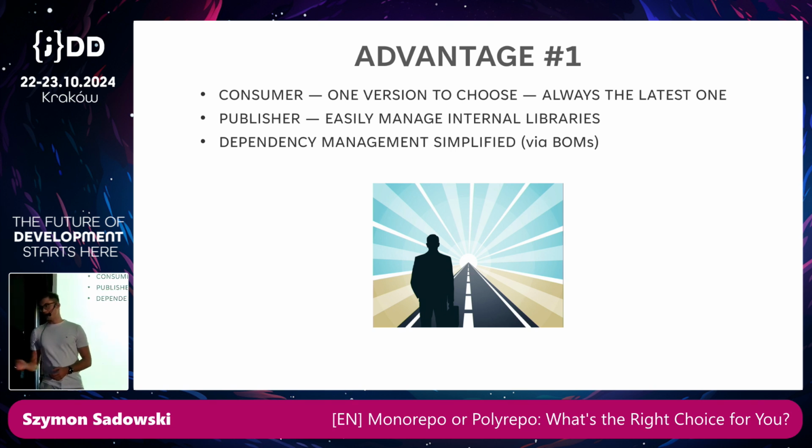And also the dependency management is simplified. I can say from practice that it works very well. For example, in our Monorepo, we have a common POM XML, which serves as a bill of materials. It has a large section of dependency management definition. And there we specify the particular versions of libraries that all the projects are supposed to use. So let's imagine a security vulnerability comes up one time in some version of some library that you are using. You have just one single place where you can upgrade it and get rid of the security vulnerability. So it's very, very convenient and very secure.